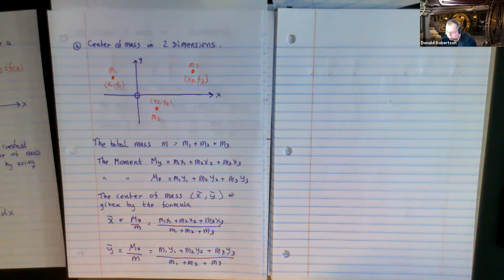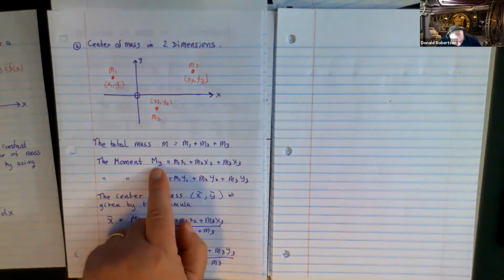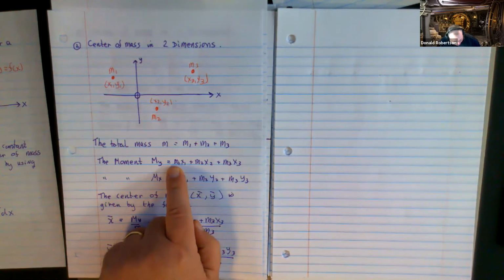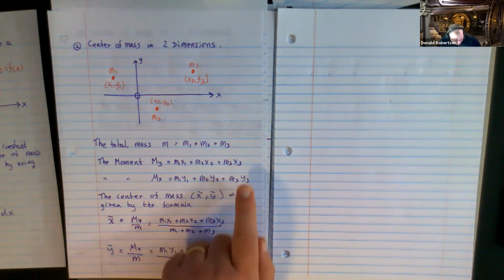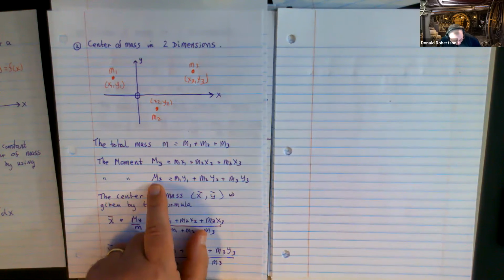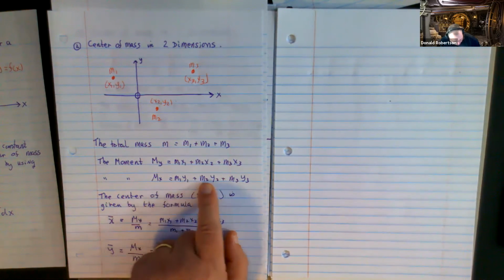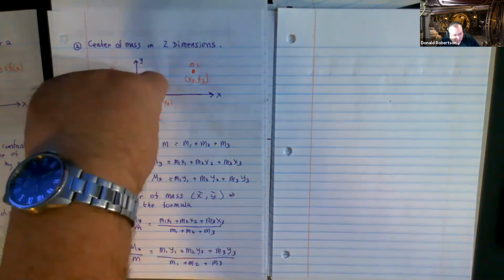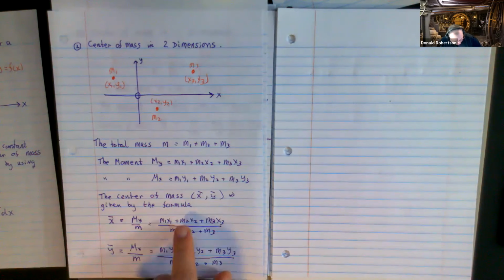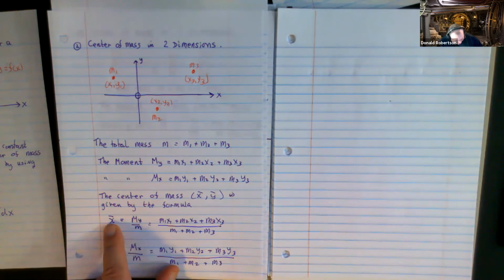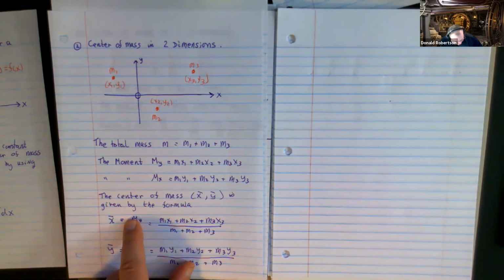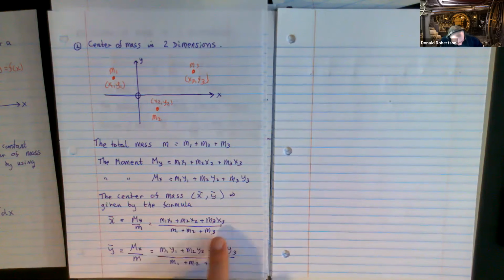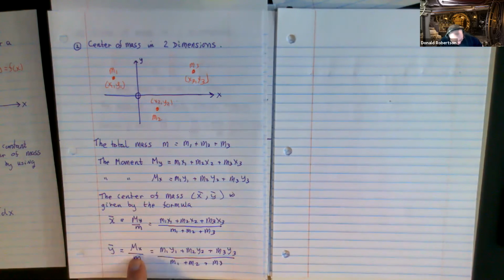And then this way of naming things makes more sense. Basically, the moment My is what you get when you multiply the masses with their x coordinates. The moment Mx is what you get when you multiply the masses with the y coordinates. And the center of mass, which is someplace roughly where my finger is, is (x bar, y bar). X bar is the moment My divided by the total mass, which is this calculation. And y bar is the same looking guy, but with the y's.